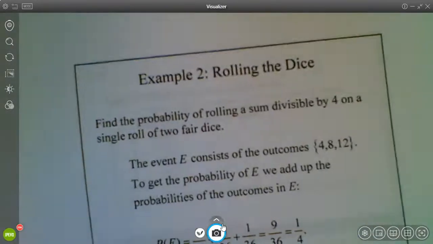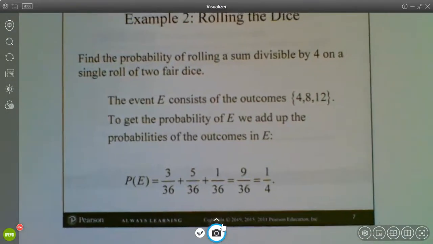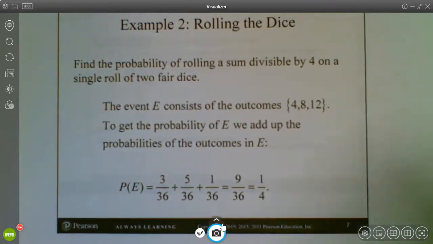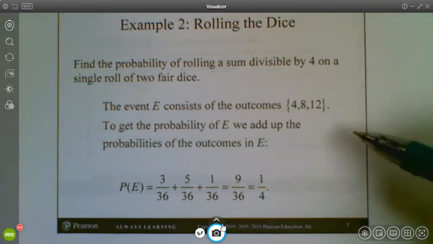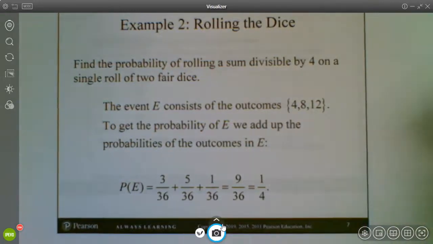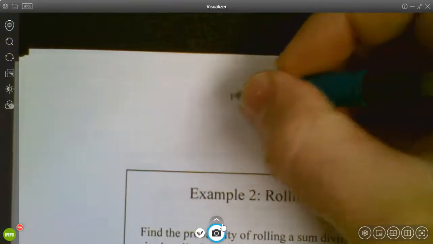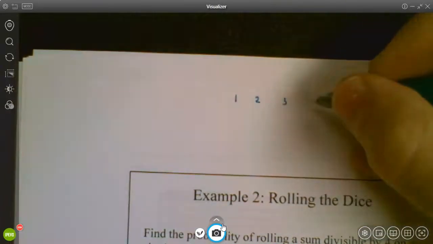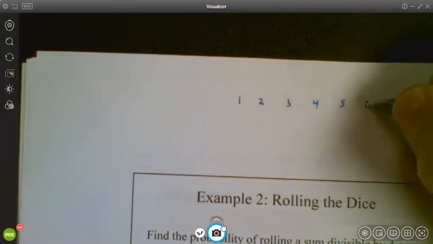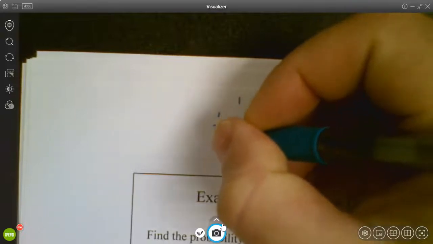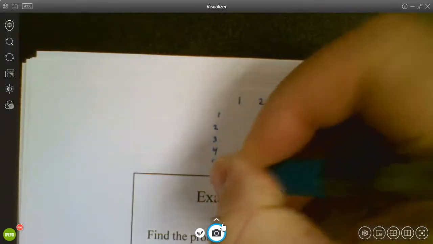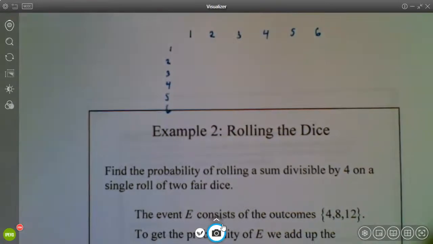So let me give you an example of how I would approach something like this. So if we had said, let's find the probability of a sum that's divisible by 4 with 2 dice, right? And so if this is what I had, yeah, great if you already had the lattice diagram drawn out like they did, but like I said, typically you're not going to have that. So what I would just do is, here's one die, here's my other, right? And so I would just look at that simple skeleton outline and just say, where are my sums divisible